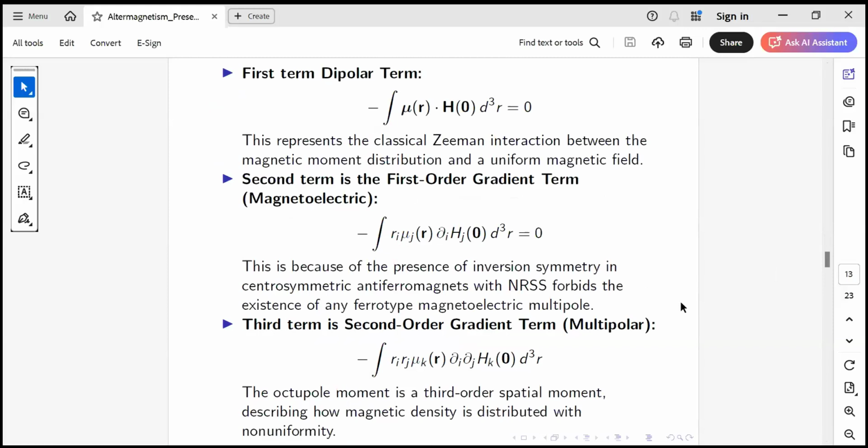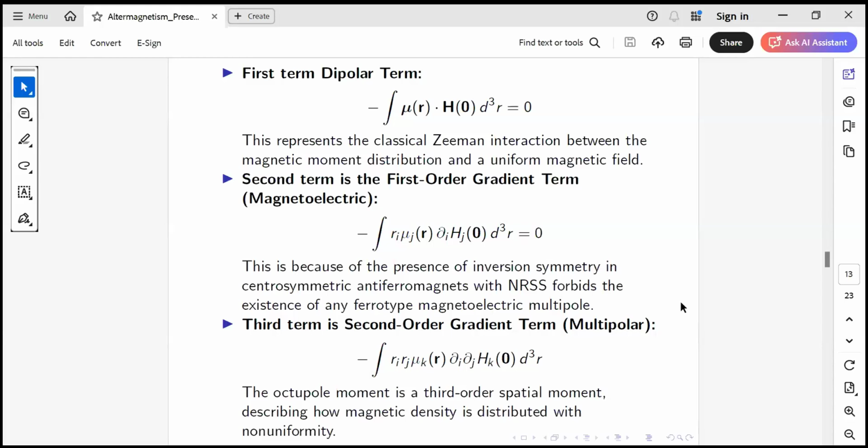Even though the magnetic moment is 0, we are having a spin splitting in the case of altermagnets. So we are trying to find out the hidden concept. The first term is 0, and the second term is 0 because of the crystal symmetry. This is a centrosymmetric type of material, and it has inversion symmetry. So because of the inversion symmetry, the second term will not exist.